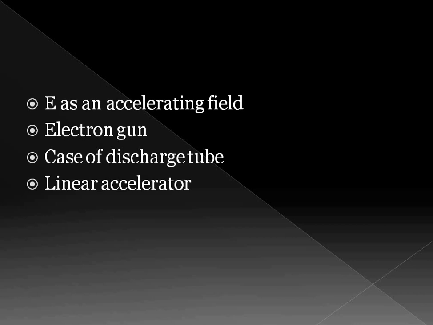Particle accelerators use electric fields to speed up and increase the energy of the beam of particles, which are steered and focused by magnetic fields. So we are using both the fields, electric field and magnetic field. Electric field will boost up or increase the energy of the beam of particles, and magnetic field we are using to focus the stream of particles in a single line. Electric field placed around the accelerator switches from positive to negative at a given frequency to accelerate particles as a bunch. If you have to accelerate them in bunch form, we are using it.